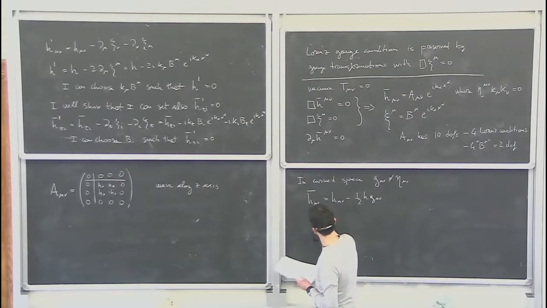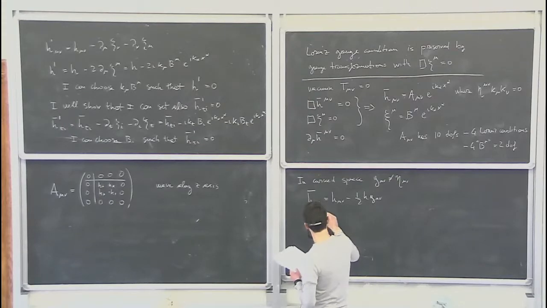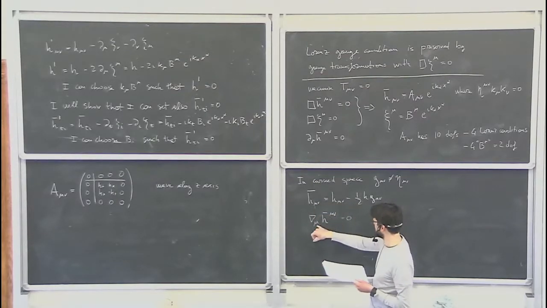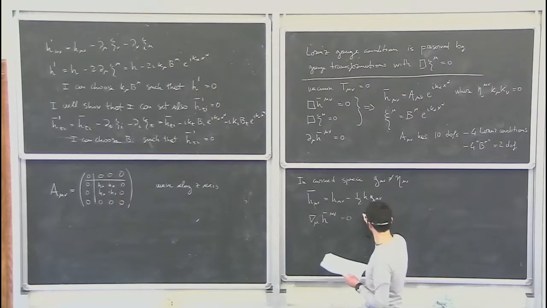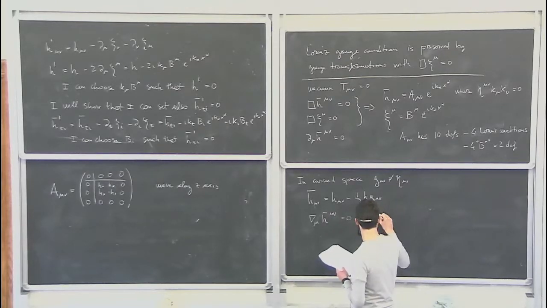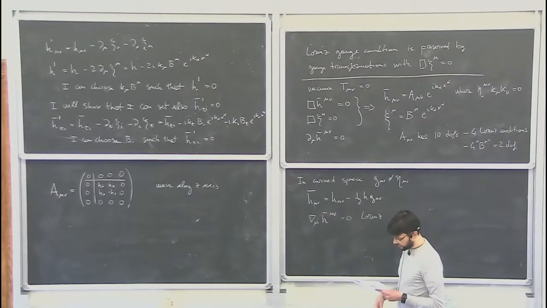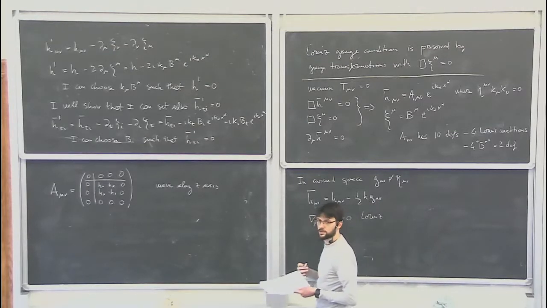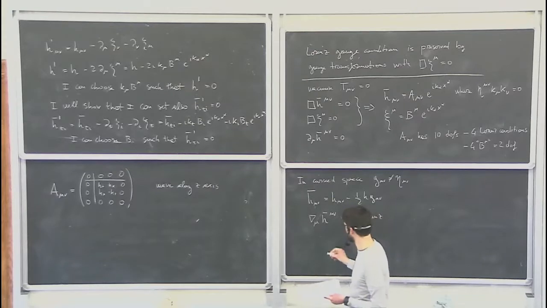And I can also impose a covariant Lorenz gauge condition. So I can require that the covariant derivative of this object, h bar, contracted with the index mu equals 0. This is, again, the Lorenz gauge condition. So if I do so, and I take my Einstein equations and crank the numbers and expand them at linear